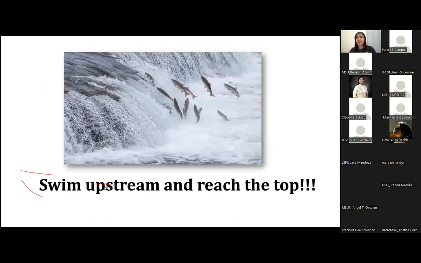So ayan siya. Ito kasi lahat na yata ng mga speakers meron na sinabi sa inyong mga tips. Alam ko marami na kayong nakuha tips. Ito akin lang. Ito yung aking motto. Sinulat ko to sa notebook ko when I was reviewing sa notes ko. Sabi ko, I am like a salmon. Okay? Si salmon, di ba, anadromous, galing sa seawater, tapos pupunta upstream sa fresh water in order to spawn. So ito nilalagay ko, swim upstream and reach the top.